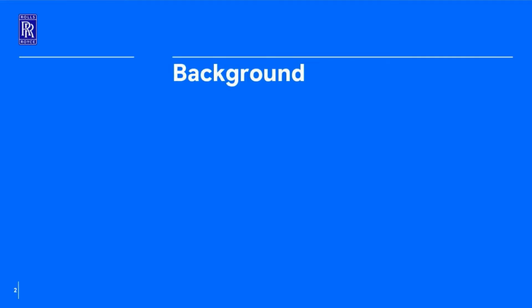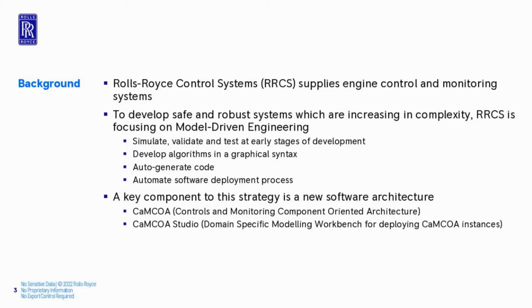So firstly, I'll give you a little bit of background into the project. Rolls-Royce Control Systems supplies engine control and monitoring systems for applications such as civil aerospace. With each new generation of engine, the systems and software that need to be produced are massively increasing in complexity. As such, Rolls-Royce Control Systems want to focus on model-driven engineering. As many of you will already know, model-driven engineering provides several benefits, such as being able to simulate, validate, and test at early stages of development. It offers more of an accessible syntax for engineers to develop algorithms in,